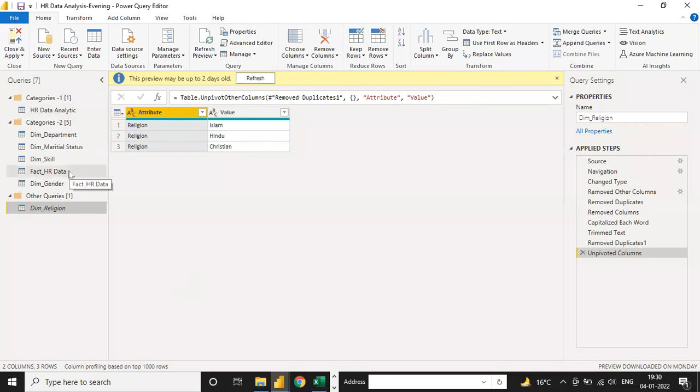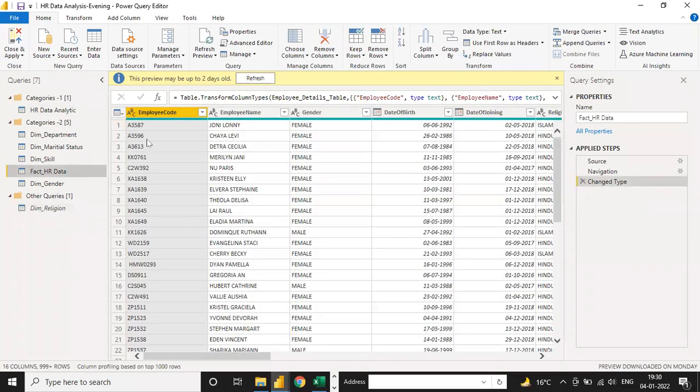Suppose we go to this Fact data HR. Harsh: Now the data is duplicated. The same 10 rows you selected, and you copied the same 10 rows. Now those 10 rows are duplicated. For each employee, now two rows are coming with the same data. That duplication I have to remove. In that case, how are we going to do it?